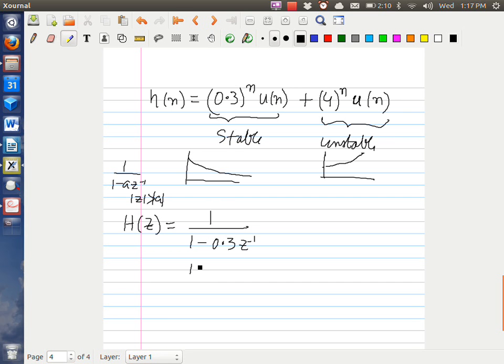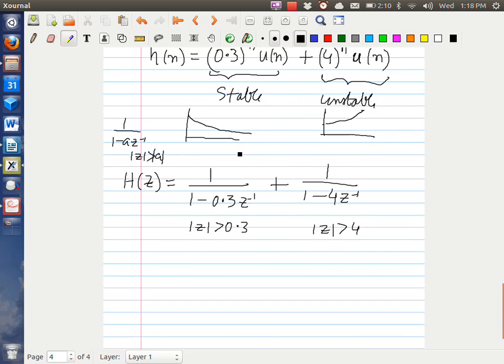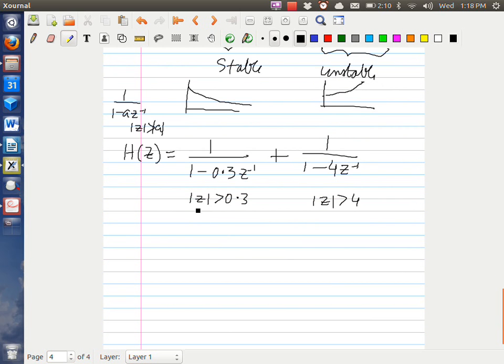I'm writing the ROC below it, mod z greater than 0.3, plus the z transform for this term would be 1 over 1 minus 4 z inverse, mod z greater than 4. And another way to verify stability is that when you look at the ROC, does it include the unit circle? Yes, it includes